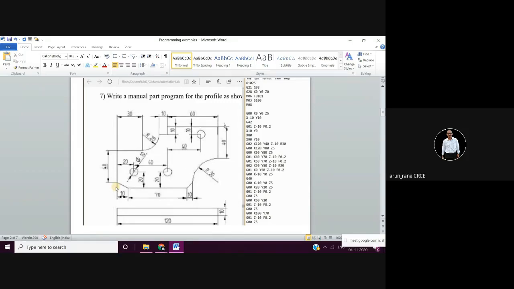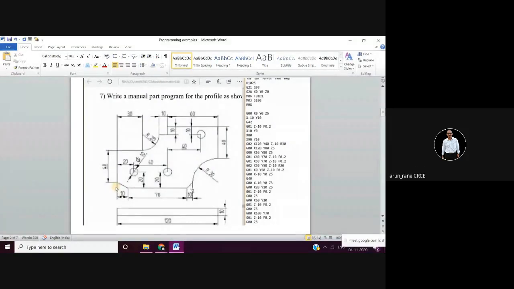And then it will be G42 because the cutter is on the right hand side. But if the cutter is going like this, it will be G41, so the cutter is coming like this. In that case it will be the opposite, counterclockwise. So remember, for the same arc it can be G02 or G03. It depends upon the direction of the path followed by the cutter. That is what you have to remember.